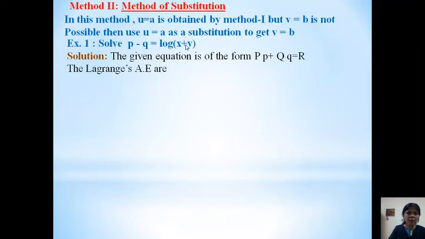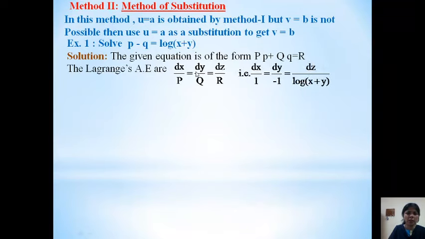Now as per the requirement, we will write it in a standard form. We will identify the auxiliary equations, accordingly put the values of p, q and r. Now, if you observe this carefully, we can consider the first two fractions, because they involve only the terms of x and y.